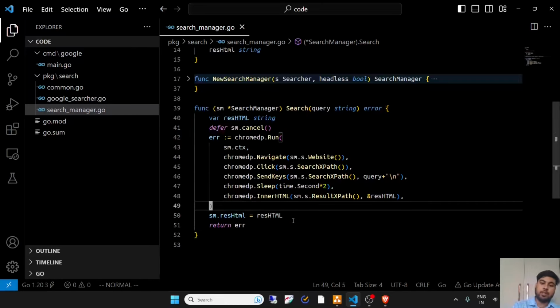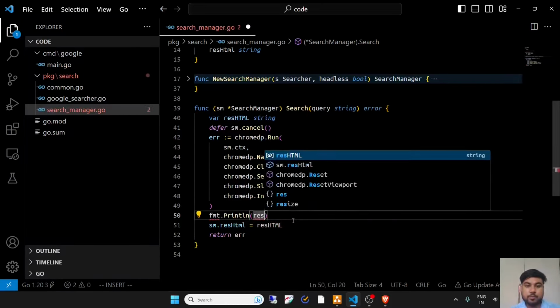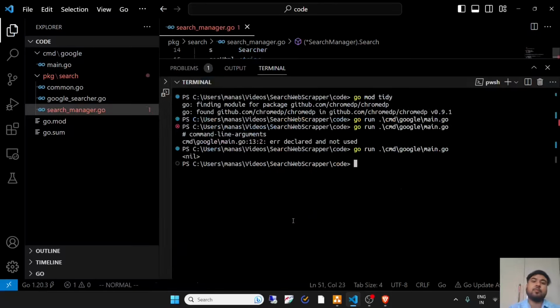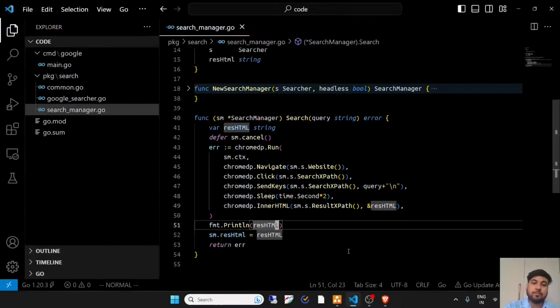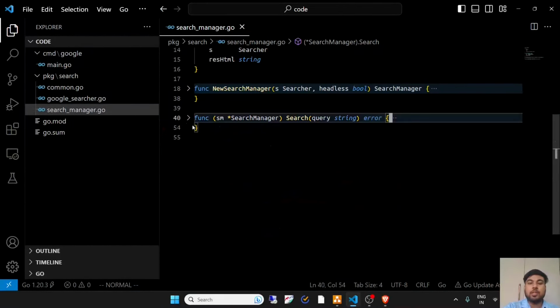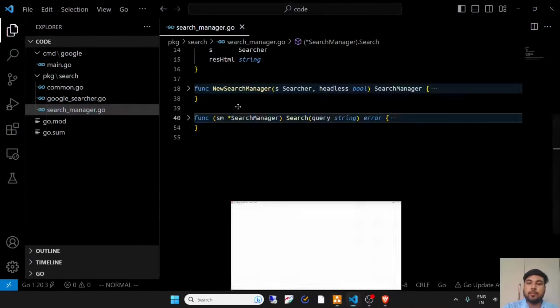And for the time being, I can also show you the HTML it extracted. Let's see. Here's the HTML. Now our next task will be to parse this HTML and get the results.